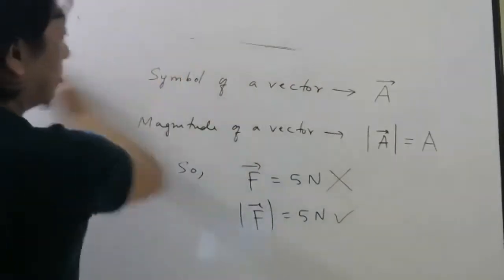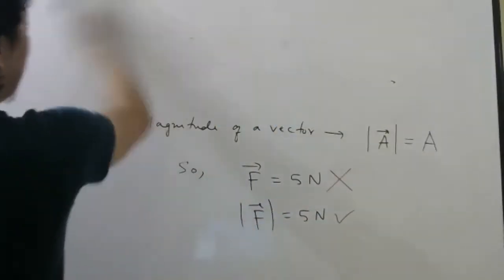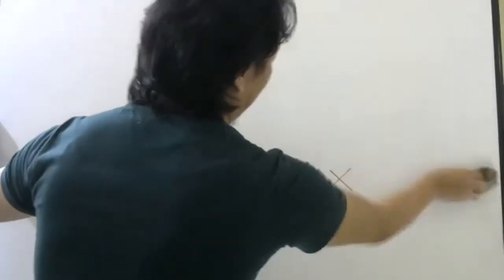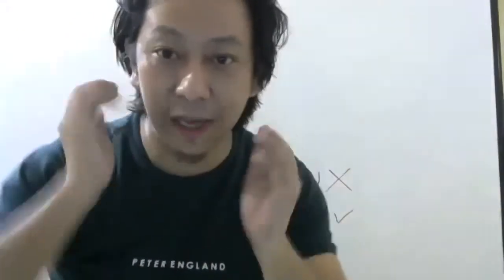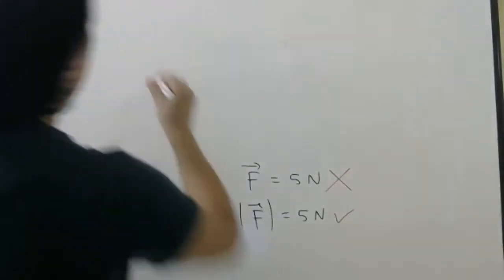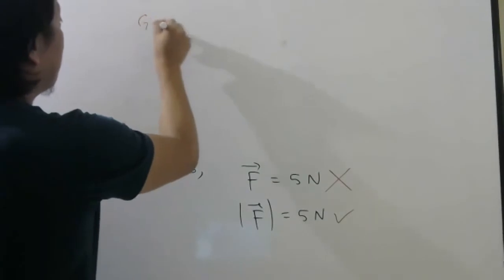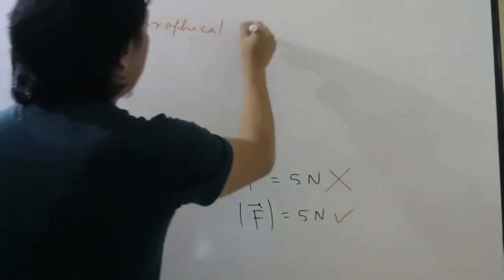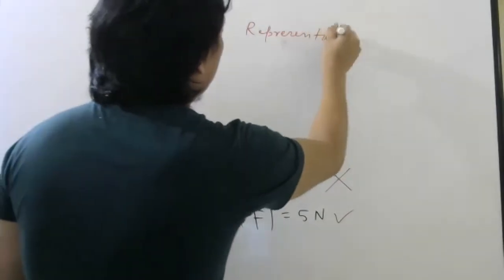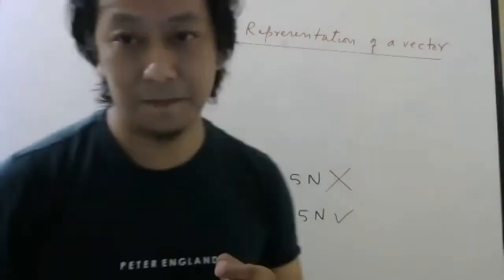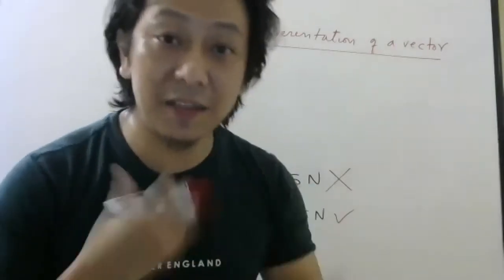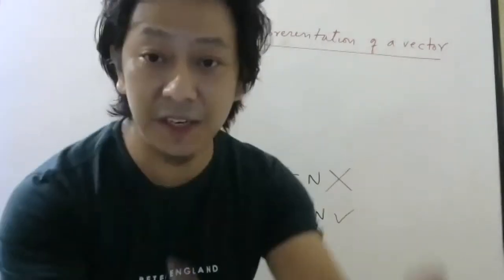Once you have learned about the symbol, now we want to play with vectors. If you want to play with something, you need to have it in your imagination. At least you should be able to think about it, right? So we will draw a picture of a vector now. Graphical representation of a vector. Since I cannot write vectors as a single number, I need to find another way of representing a vector, in a diagram.